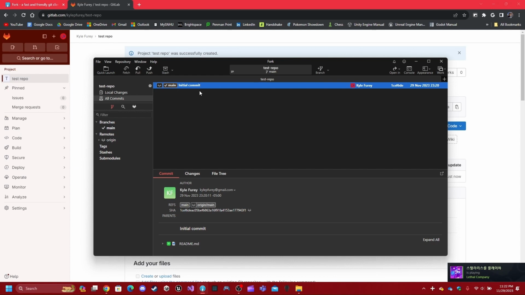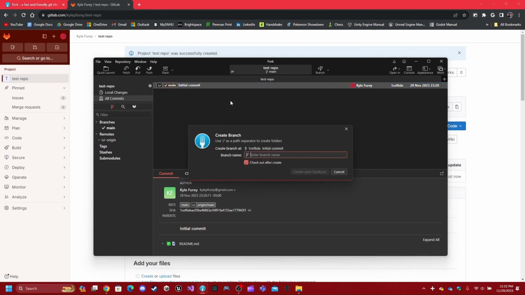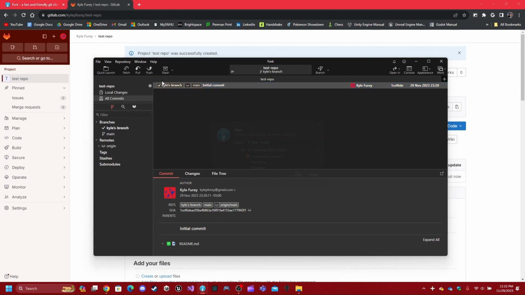Just a quick overview of what all this stuff is. This is where all your changes will appear. For example, initial commit basically means the first commit that made this repository. Then we have branches in here. A branch is basically a way to keep track of your individual changes. So main here will be the main project, and then I will make my own branch by clicking new branch, naming it Kyle's branch. And I can push this,